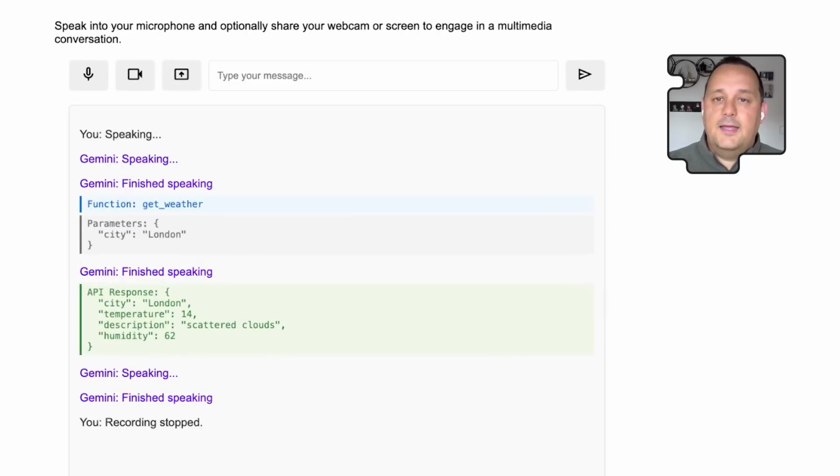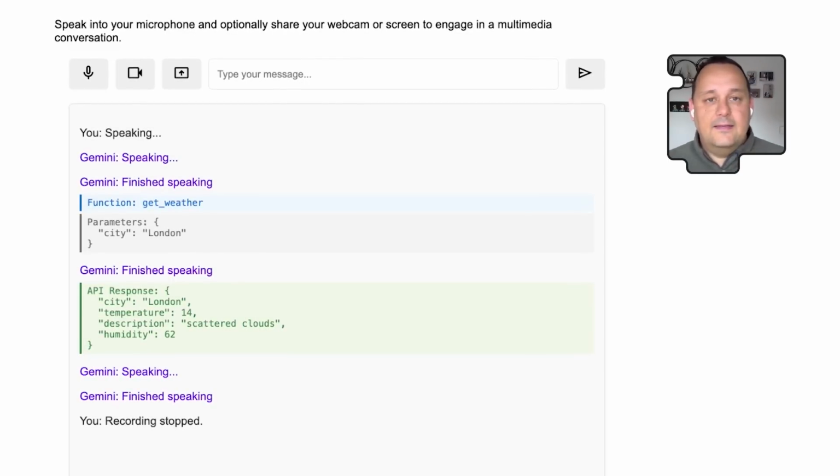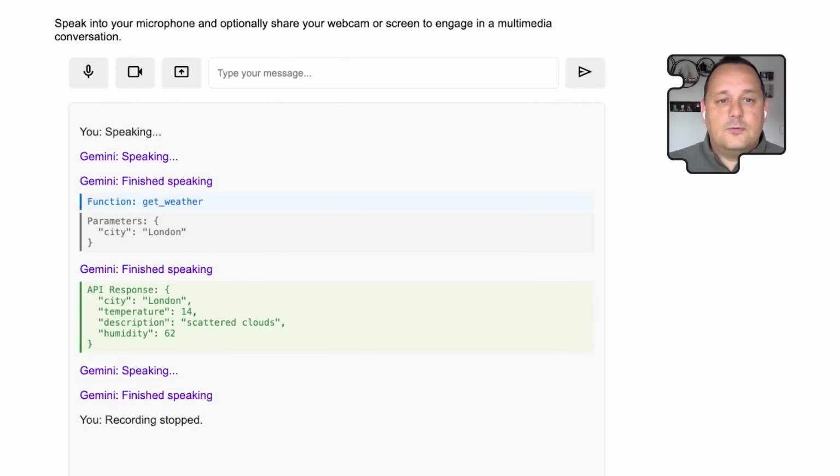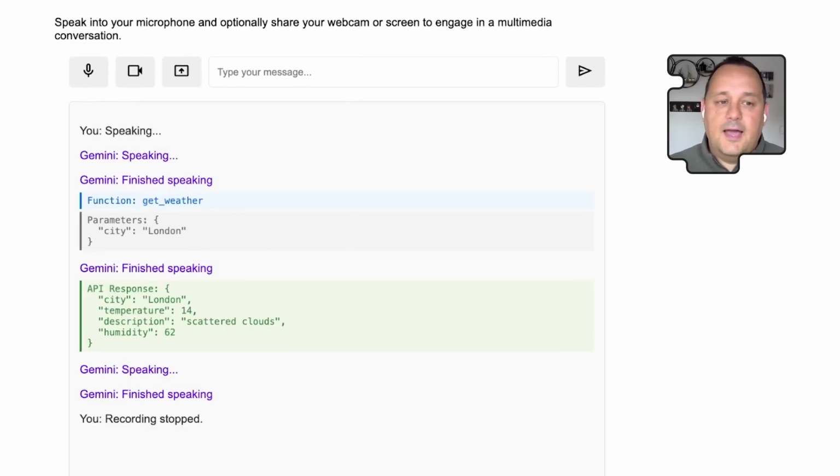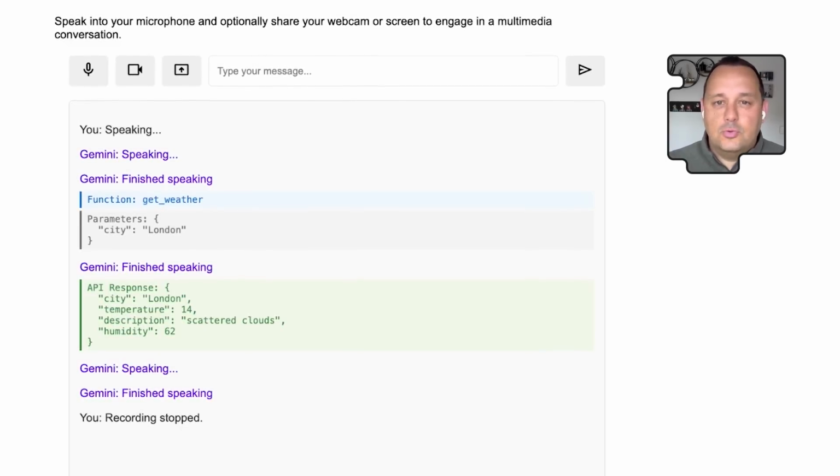And then the tool will interact with the weather API, get the response back, and put that response back into the Live API. And so the Live API can then respond in human language to me: it is 14 degrees in London with scattered clouds. That's basically how you build a live application with Google's Gemini Live API and with very basic tools